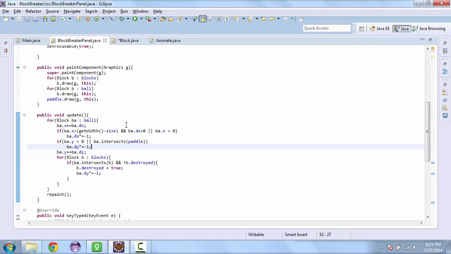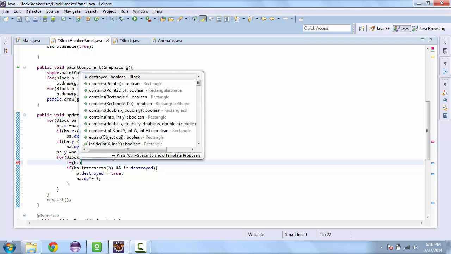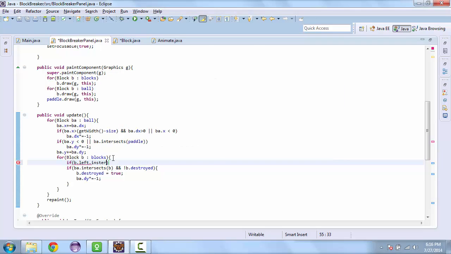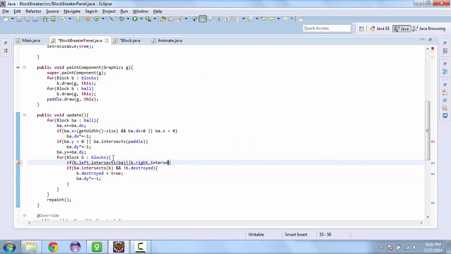And so now we need to go back to the update function and change our logic here so it recognizes the left and right rectangles on the block. So if b.left intersects with the ball, or b.right intersects, and b is not destroyed,